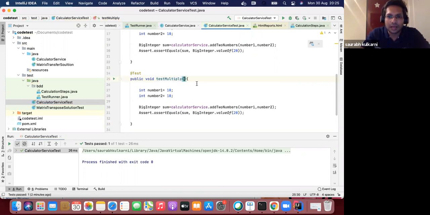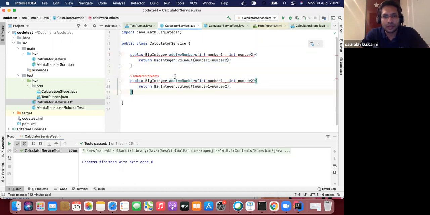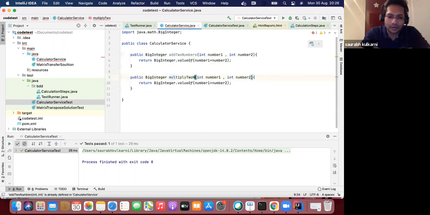To multiply also it should accept two numbers, so suppose 10 and 10, and we should just create an empty method here for the multiplication. So it will say multiply two numbers. Perfect.